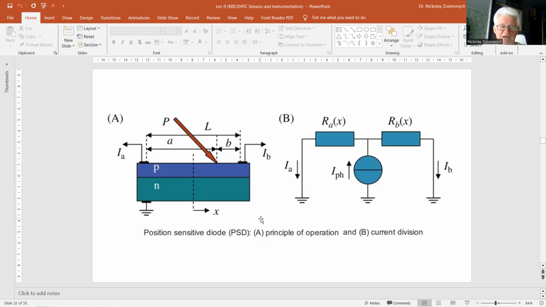Devices with larger size are difficult to realize in silicon. Other materials are being investigated to increase the lateral dimension. For instance, PSDs made from hydrogenated amorphous silicon, a-Si:H, have been realized with a range of 10 times 10 centimeters and comparable sensitivity. Research is going on to further improve the detectability of PSDs and to reduce the effect